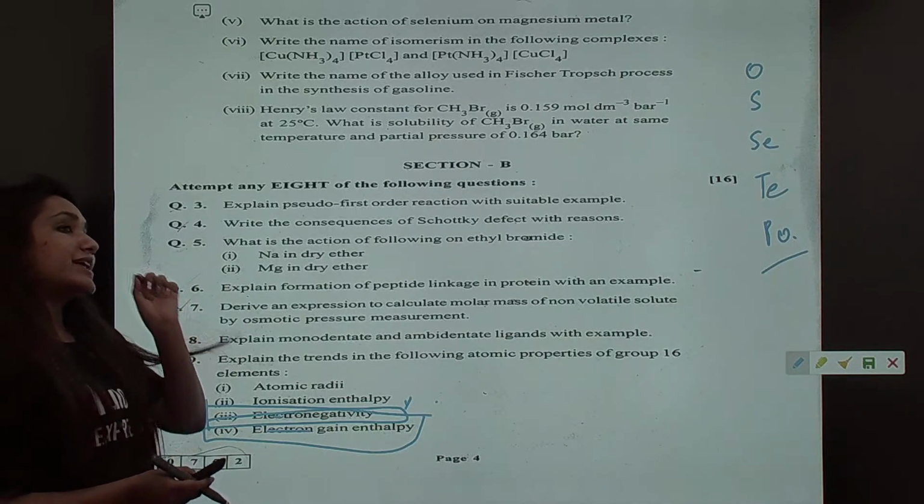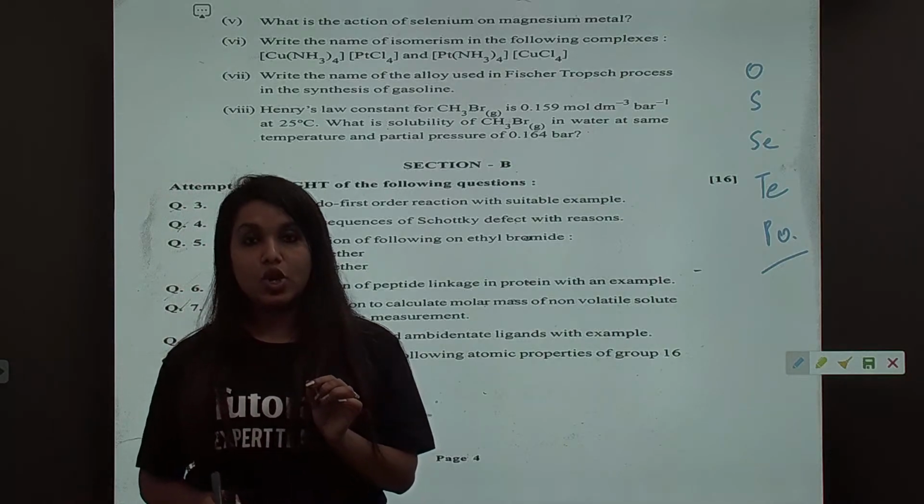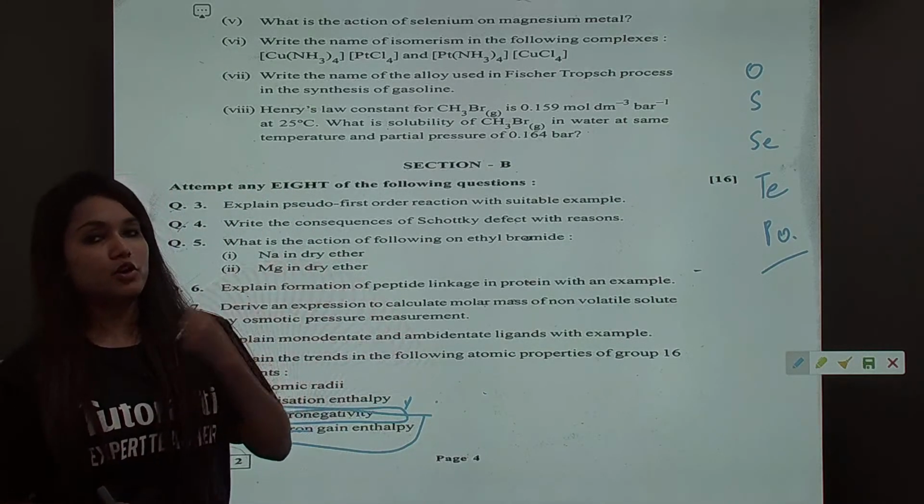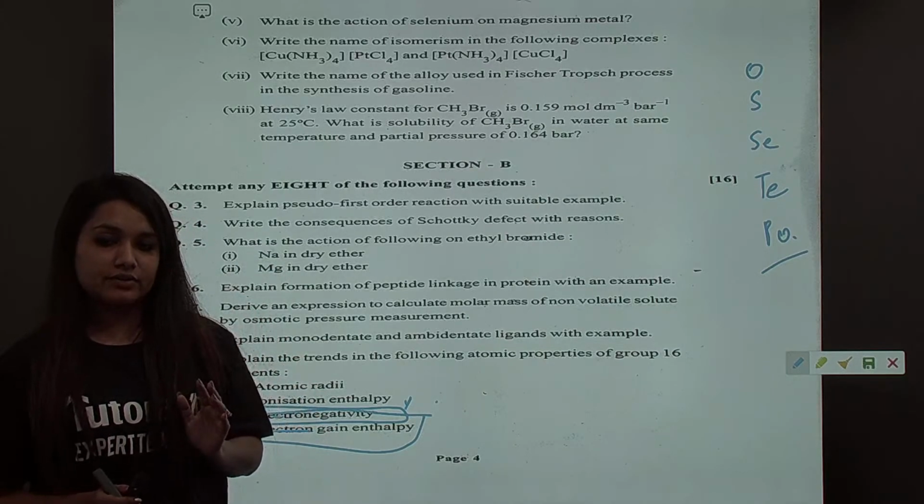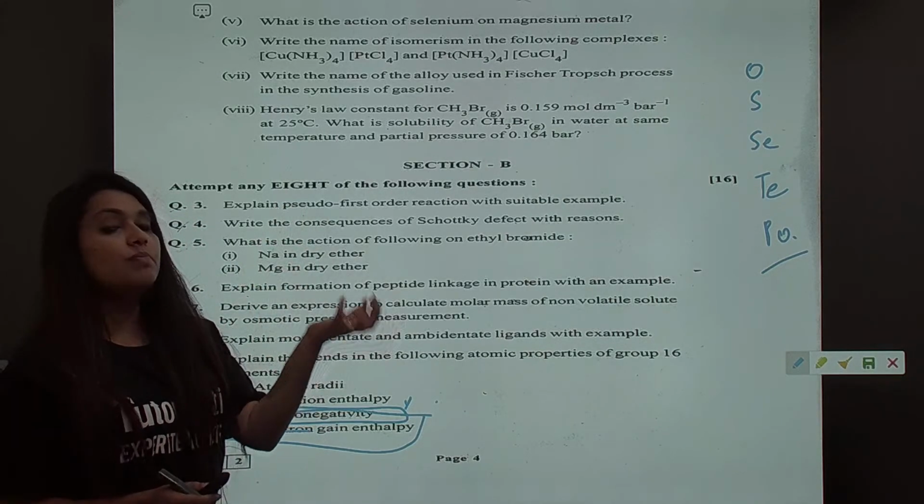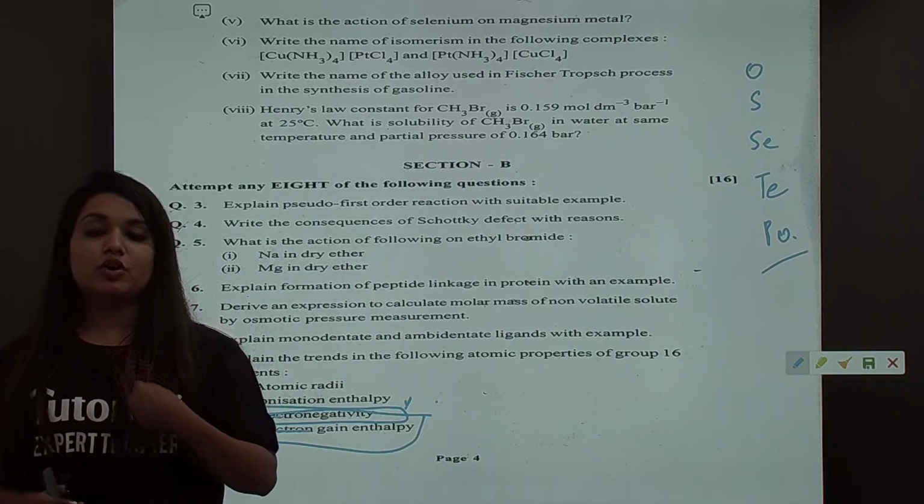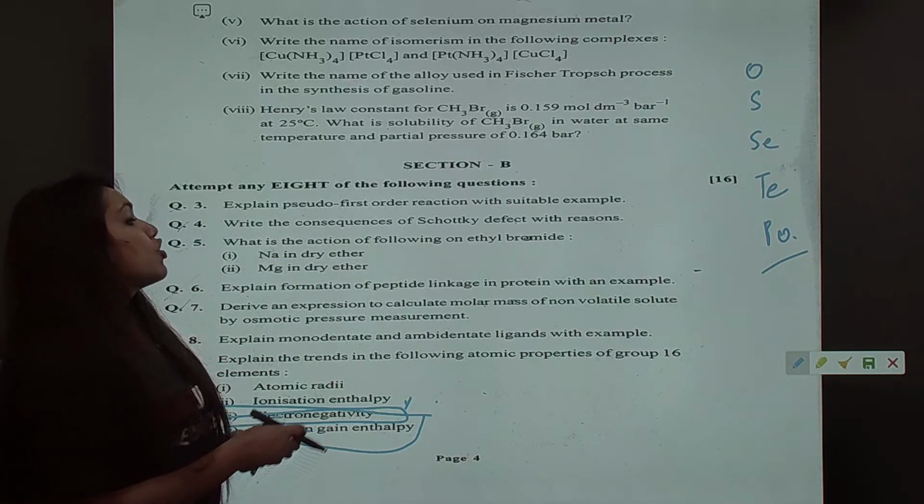Electronegativity, students, is the tendency of an atom to attract the shared pair of electrons towards itself. They are both sharing, but this will have more power to attract the shared pair of electrons towards itself. So, let's start with